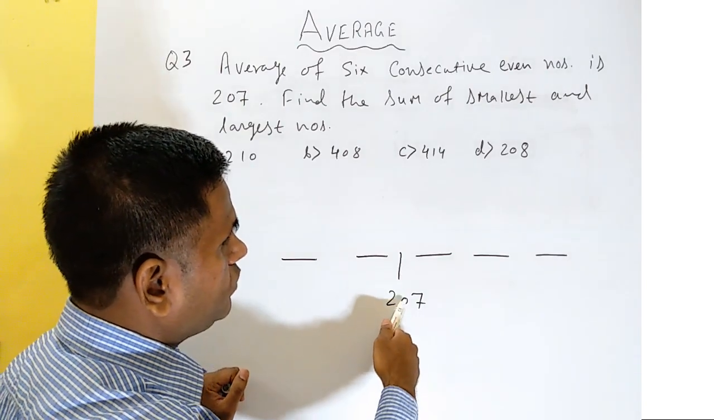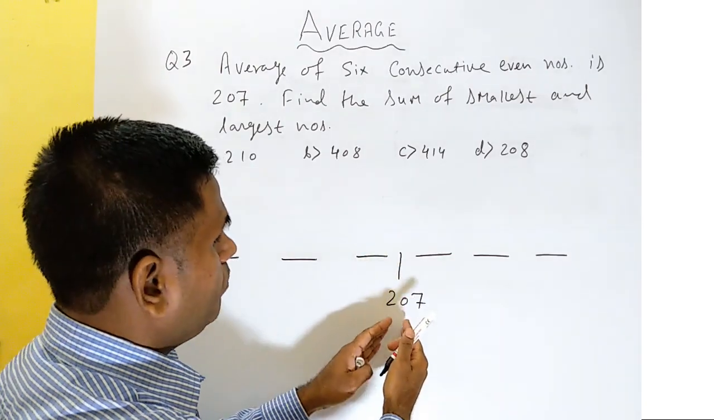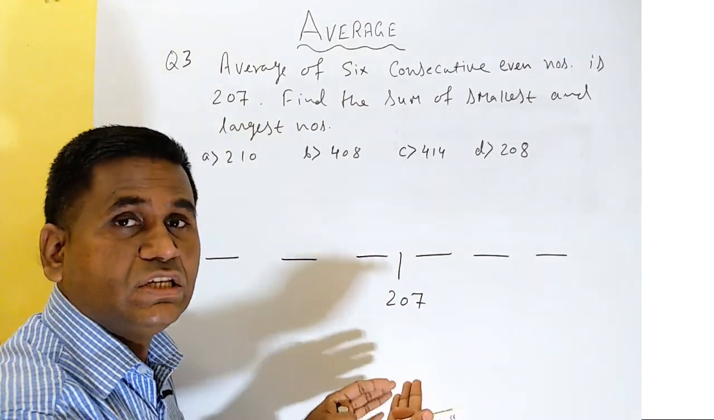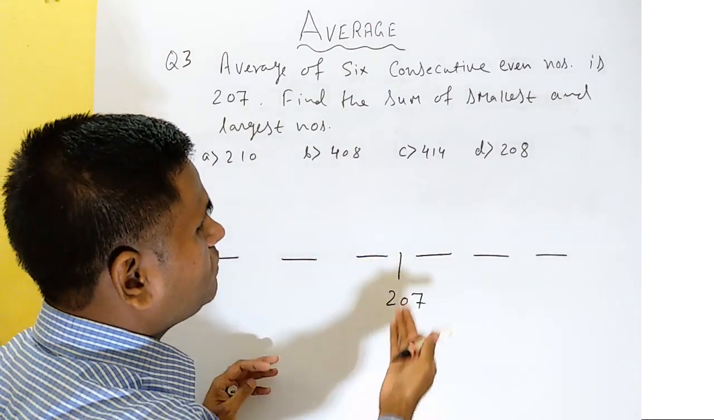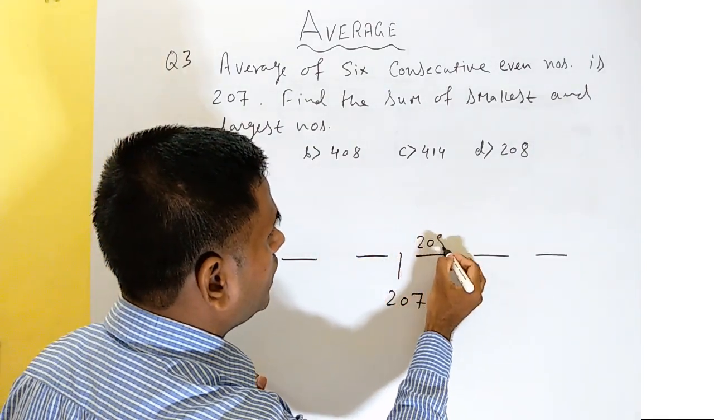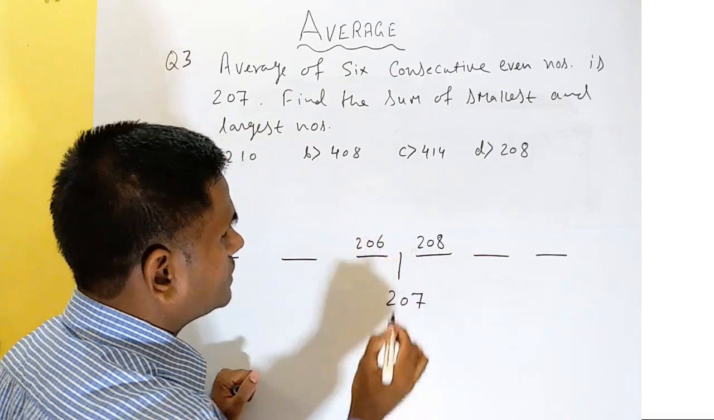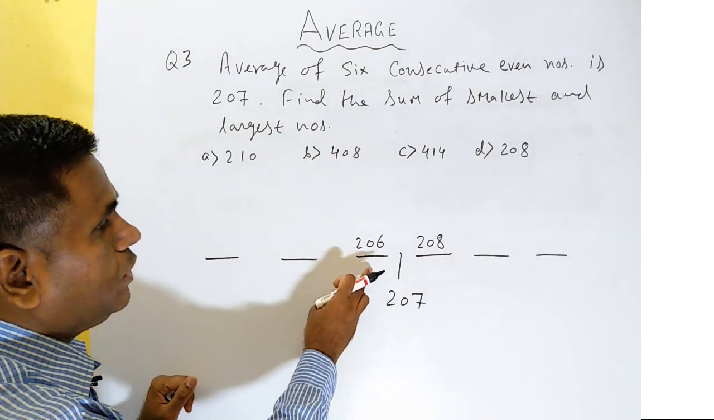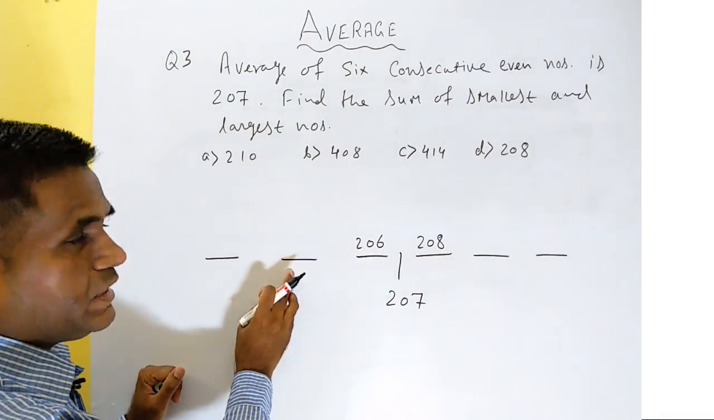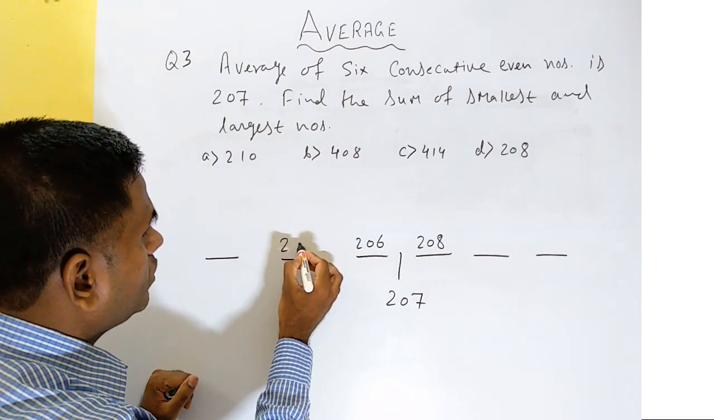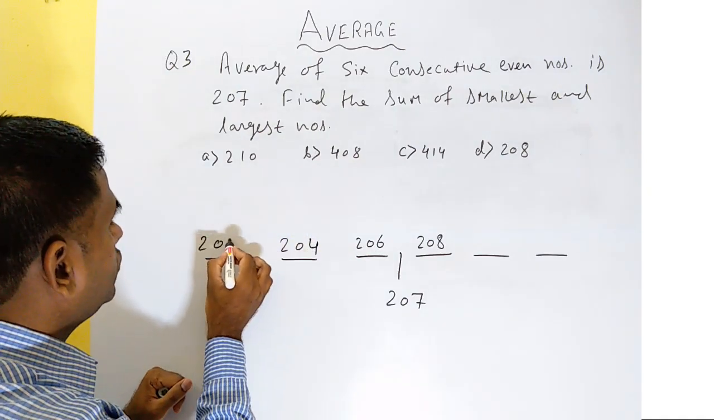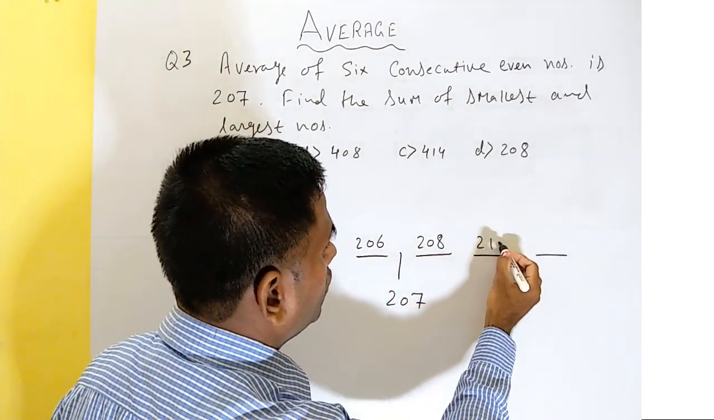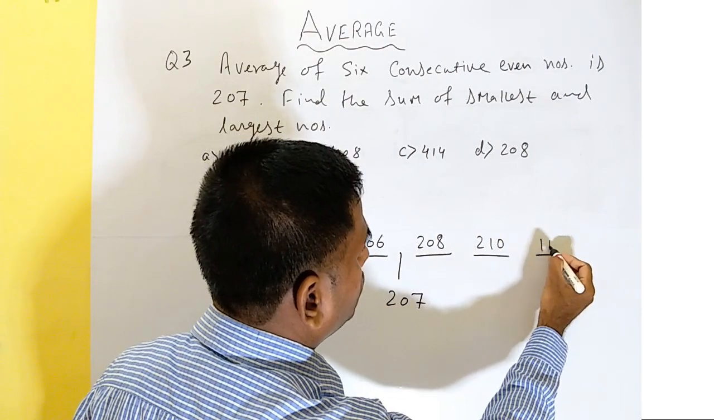So what we are going to do is, 207 is the middle number, which is the average. So previous to 207 and next to 207 there is an even number, which we will write here. So this will be 208, this will be 206. Now with this we will be able to find all the numbers, because now previous to 206, what is the even number? Previous to 206 is 204, and then 202. Similarly here, next to 208, the even number is 210, and then we have